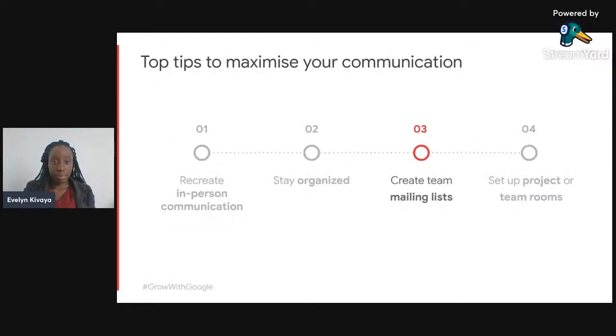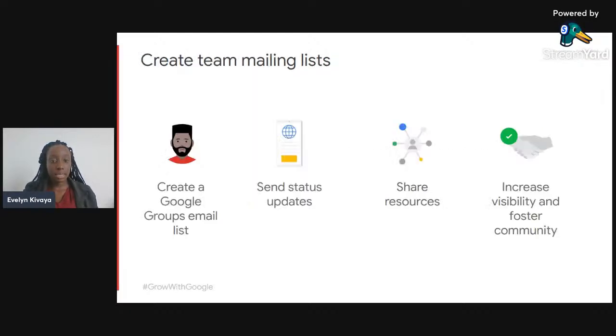Step three is on how to create team mailing systems. How can you actually create a team mailing system? The first thing is that you can create a Google Group email list, such as teams@fashionhub.co.ke, sales@fashionhub.co.ke. So what happens under this is that, just as I had earlier said, maybe in your company you've got three people under sales, and you want that when a client emails that particular email, it reaches all three salespeople in your company.